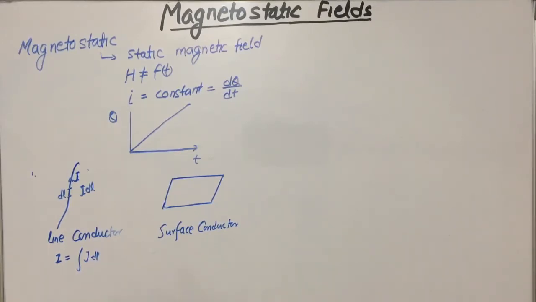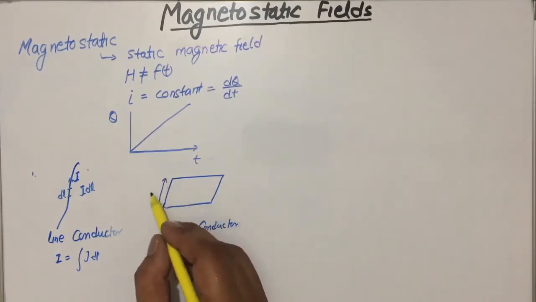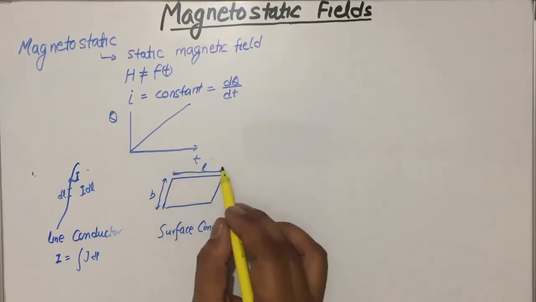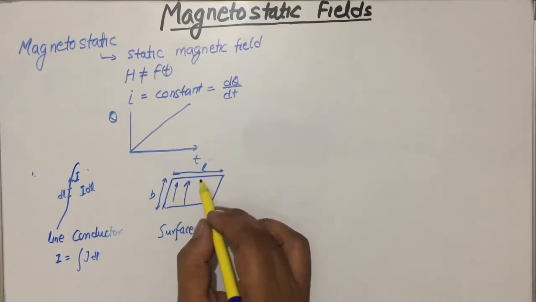So, if the conductor is of width B and length L, and the current is flowing in this direction,